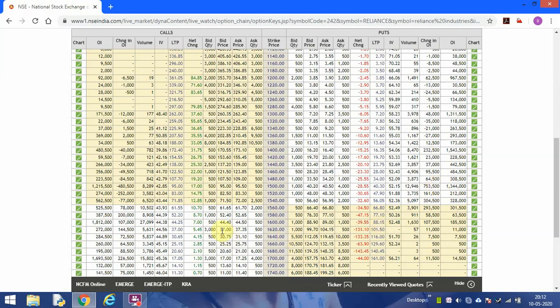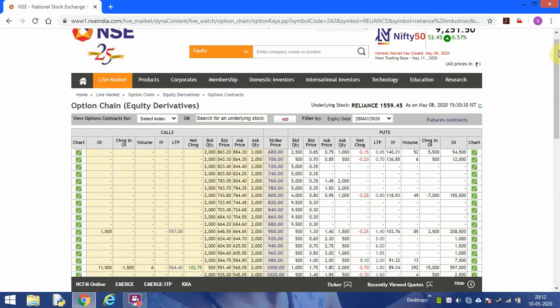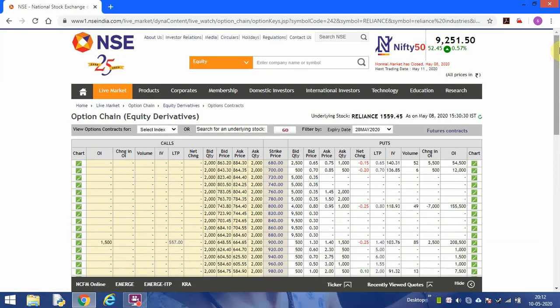In a similar way you find resistance 1, resistance 1560, then resistance 2, resistance 3. If it sustains this, then it will go to this level and this level. By that way you can analyze, and these levels are getting updated, I mean to say call and put, always. Some contracts have been added, some contracts have been removed, so you have to see that.